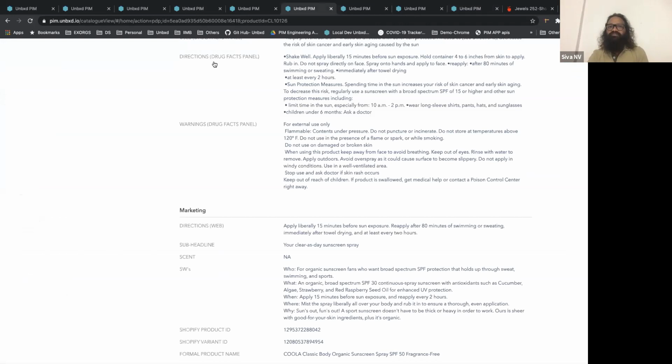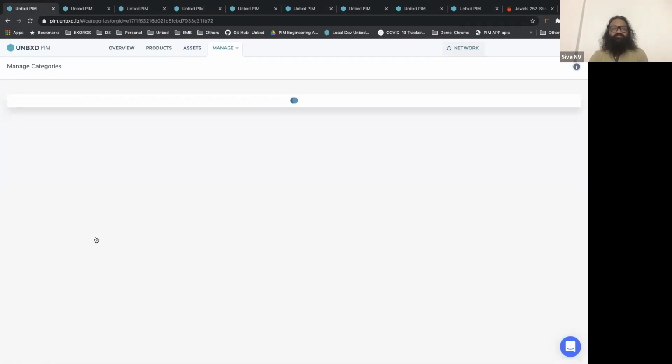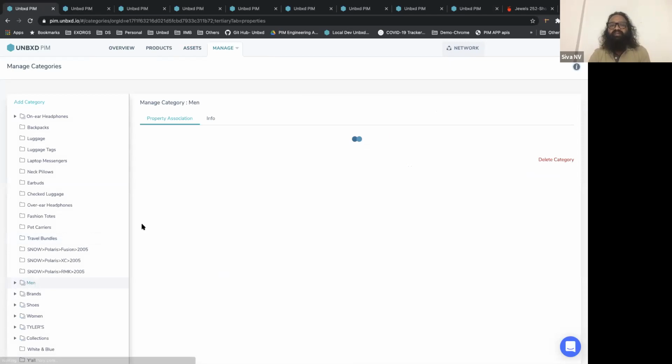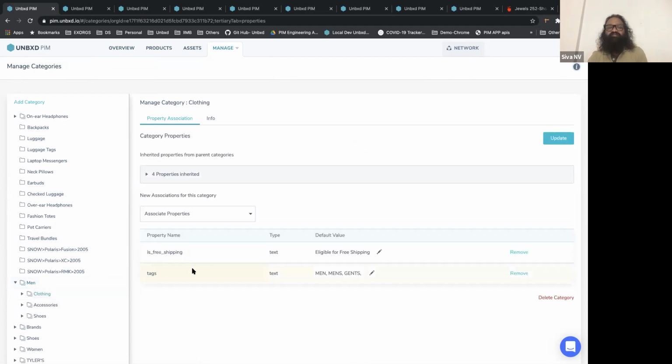Let's take the use case of, let's quickly go through the categories. Suppose at every category or brand level, I want to add a few specific properties. Like for every men's vertical, I want to add the brand meta keyword, search keyword, so that any browse page or any relevancy or any attributes with respect to the product relevancy can be aggregated from one place. Suppose across the category line, I have defined all the attributes that should be there for clothing. Is the clothing free shipping or tax? This can be inherited from the parent properties,